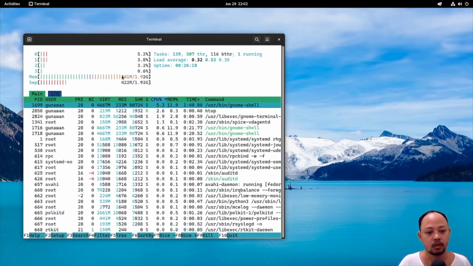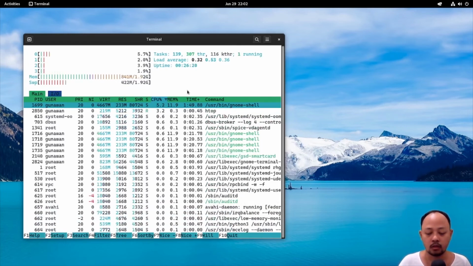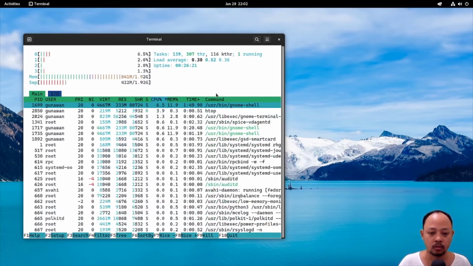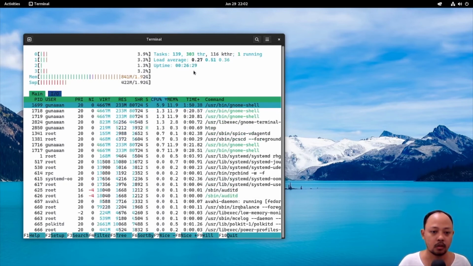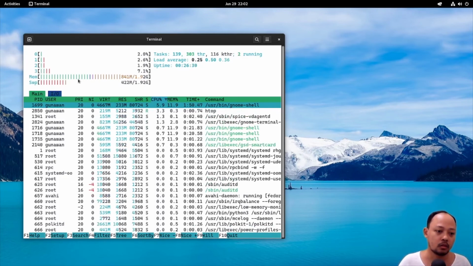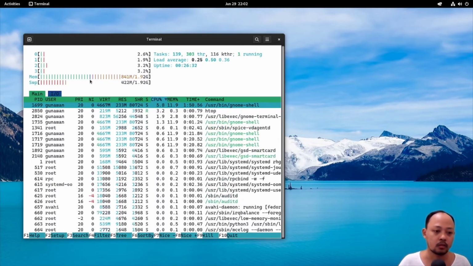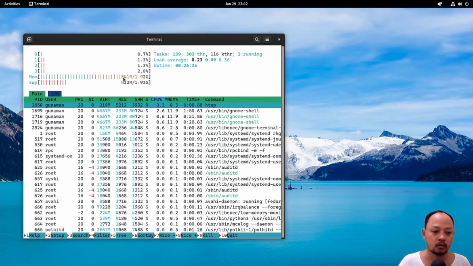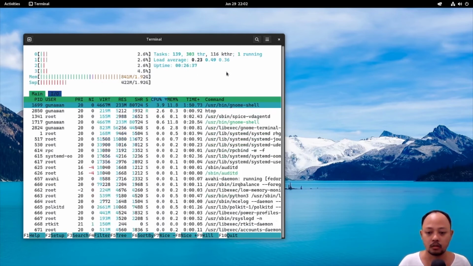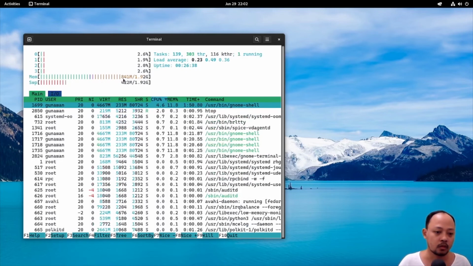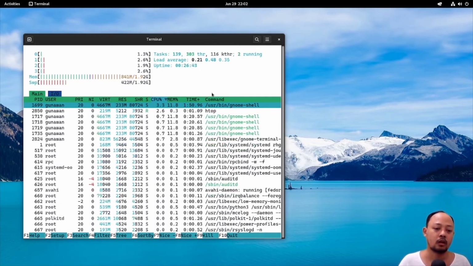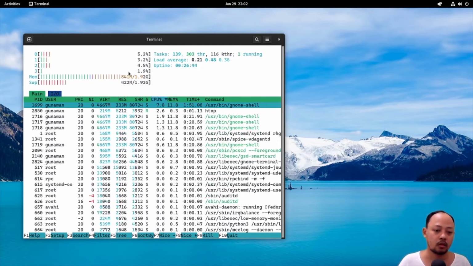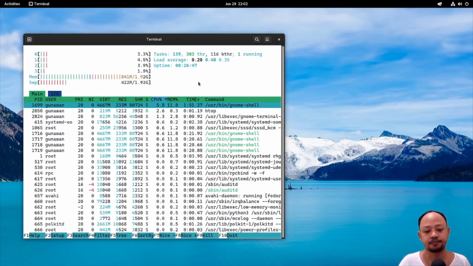In here, we can see that when I don't open any window except the terminal, the memory that is used by the Ultramarine is 841 megabyte. I think it's lower than the Fedora.